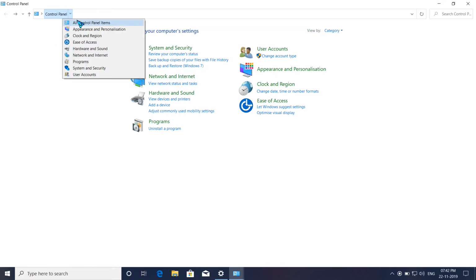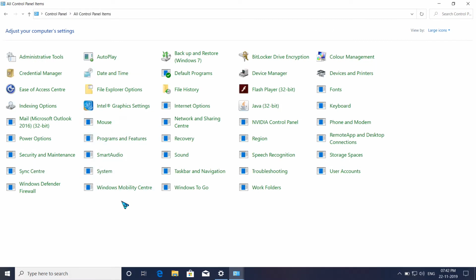You can also find it from All Control Panel Items and select Network and Sharing Center.